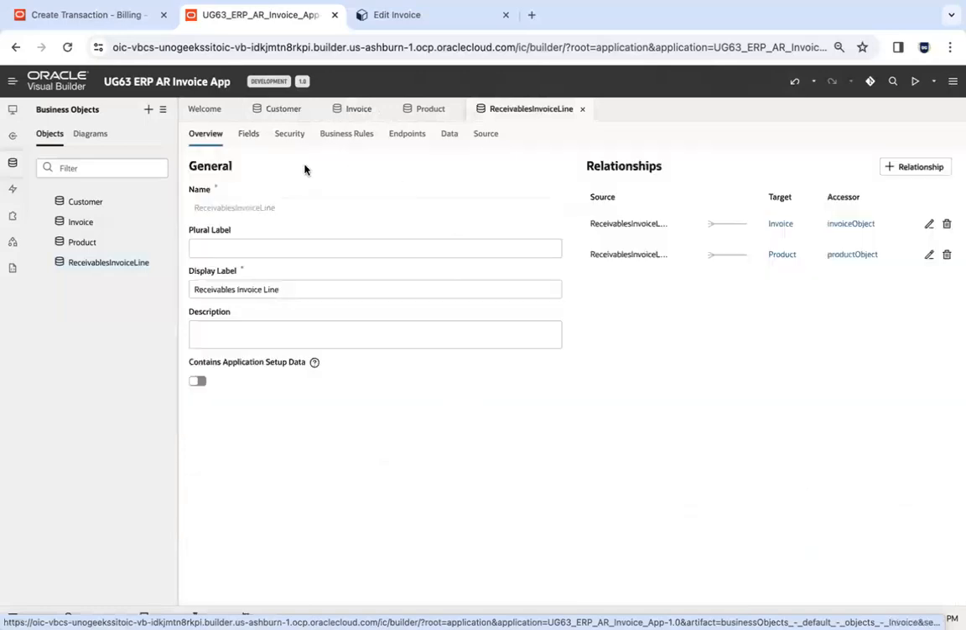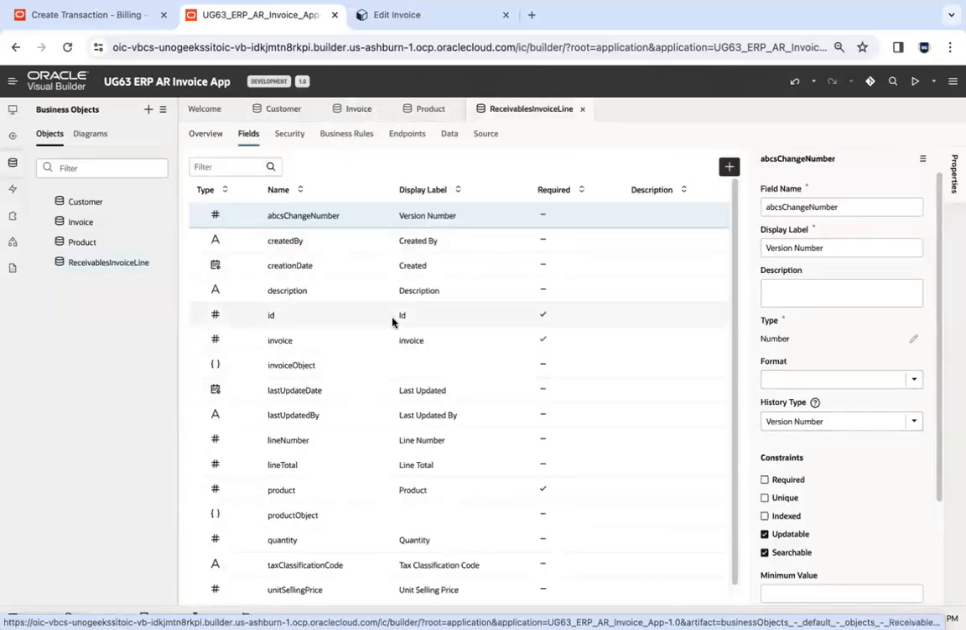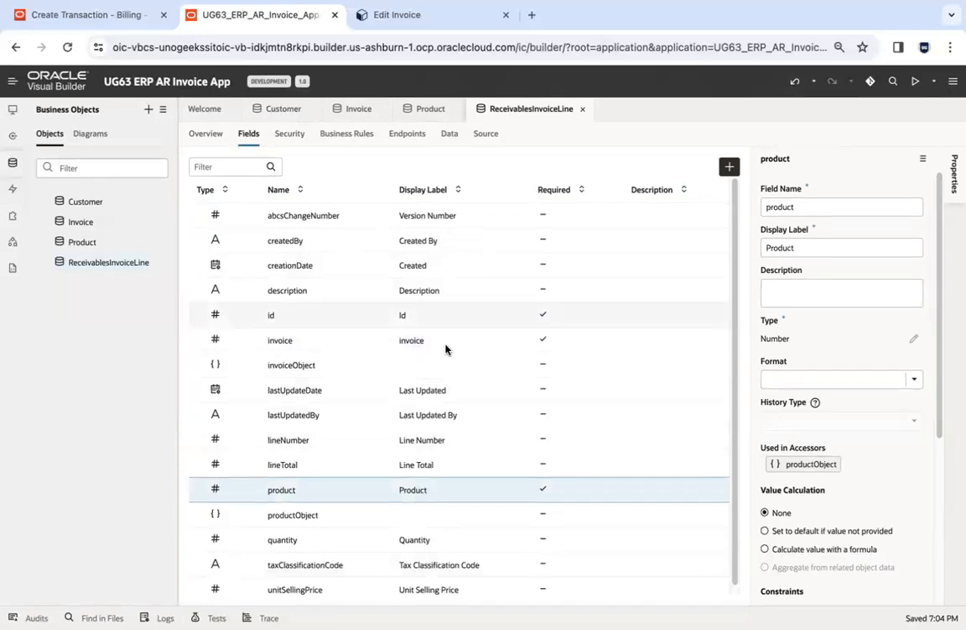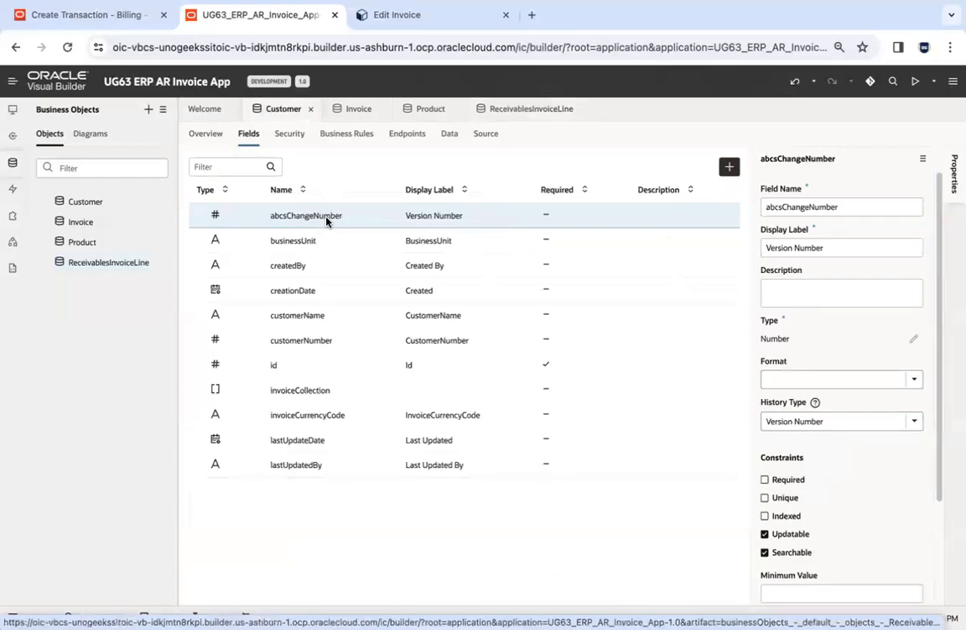And we also have lines business object imported. In the lines business object, you have invoice and product as reference fields. And we have line related fields like description, quantity, USP, and the line total. And for these business objects, you also do this in real time, guys. After you set up a required data model,